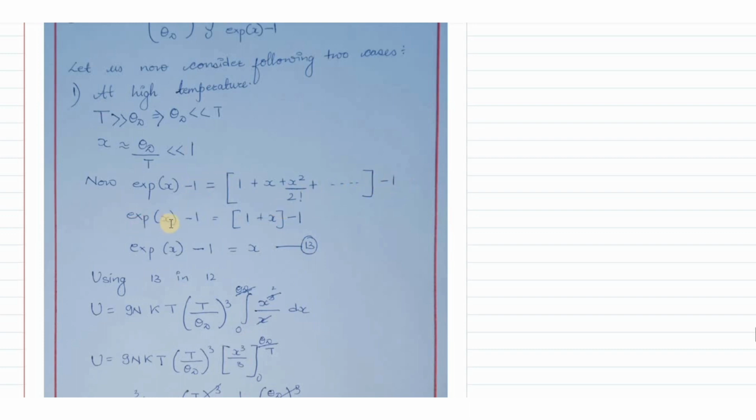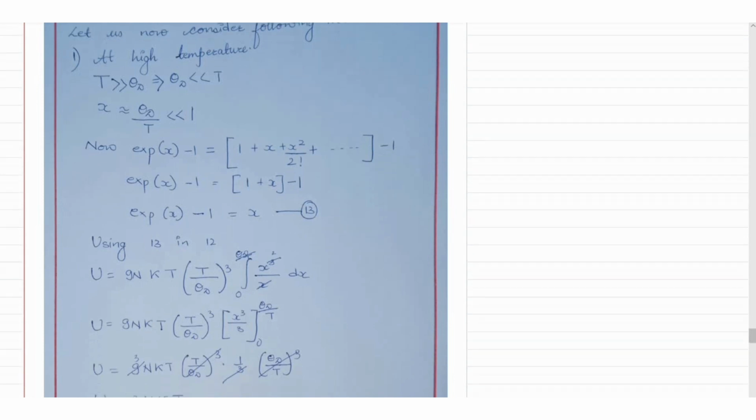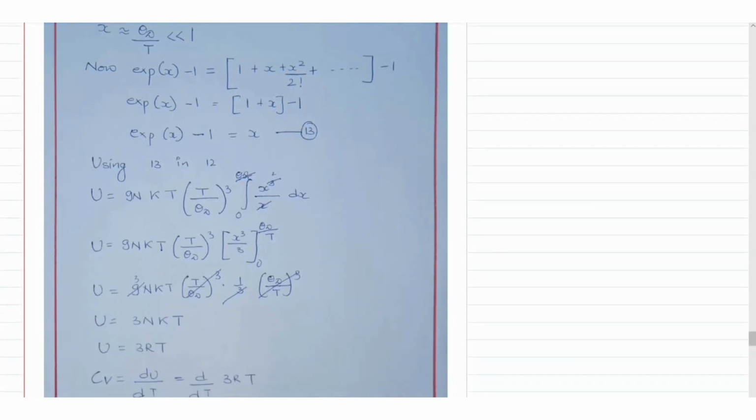So exponential of x minus 1 is equal to 1 plus x. So we are neglecting this term, minus 1. Exponential x minus 1 is equal to x, equation number 13. So now using equation number 13 in 12 we get u is equal to 9NkT (T by theta_D) whole cube